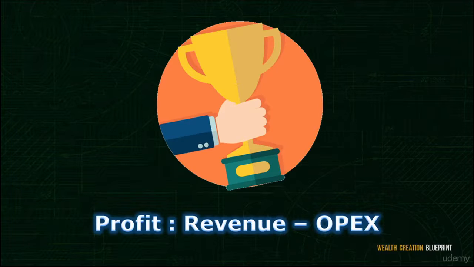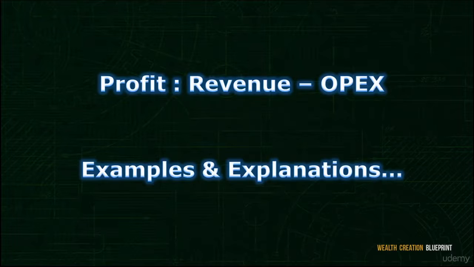Formula 2. Profit equals revenue minus operating expenses. A lot of people get confused with these accounting jargons. If you're going to invest in a business, the main thing you should be looking at will be the profit of the company. Is the company making or losing money? There have been a lot of cases where investors were deceived by focusing on the amount of the revenue made. They forgot that in order to calculate the income, the actual profit, they need to take into account the expenses that were incurred. Is it possible for a company to be having a huge amount of revenue and losing money at the same time? Yes, it's possible.